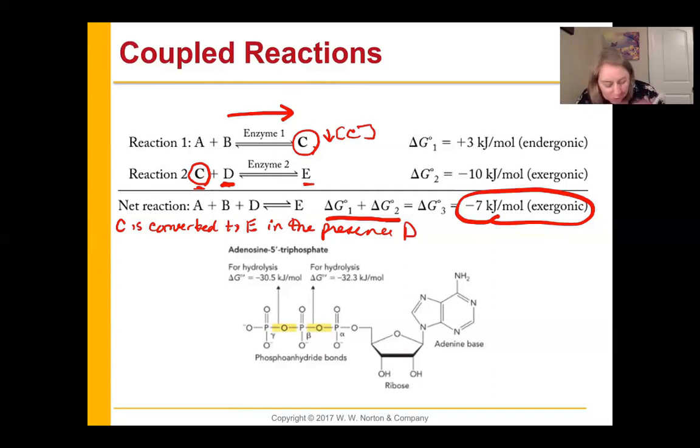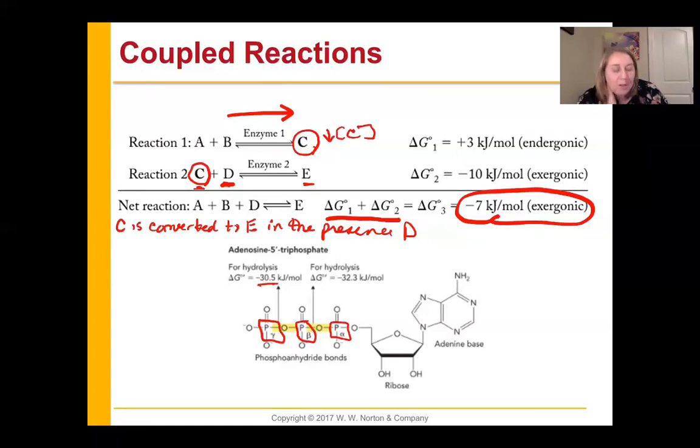So it's kind of a cool thing. When you look at ATP, ATP hydrolysis is the coupled reaction that gives off energy that we really like to use in the cell. There are two different places where you're going to get a lot of energy from cleaving this molecule. This is the alpha phosphate, here's the beta phosphate, and here's the gamma phosphate. So if you hydrolyze between the oxygen and the gamma,